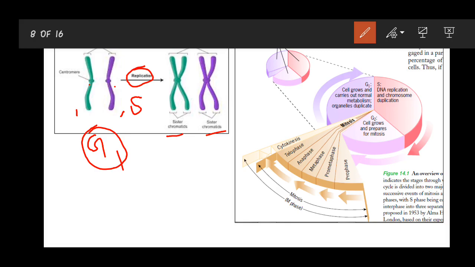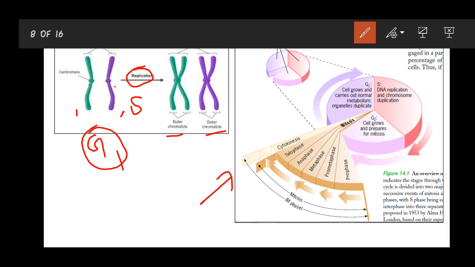So this diagram was placed in order to get a clear idea regarding the number of chromatids, because that is required when we discuss genetics. When you do genetic problems, such confusions should not be there regarding the number of chromatids present in the different phases of the cell cycle. So I think this part, the number of chromatids in each part of the cell cycle, which we discussed earlier, is clear to all.